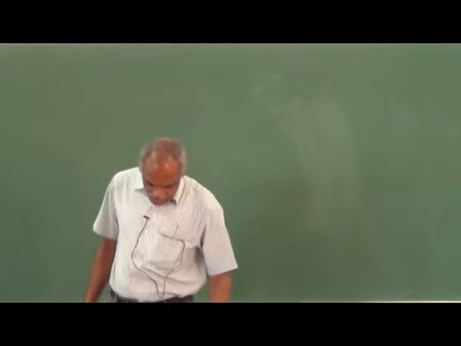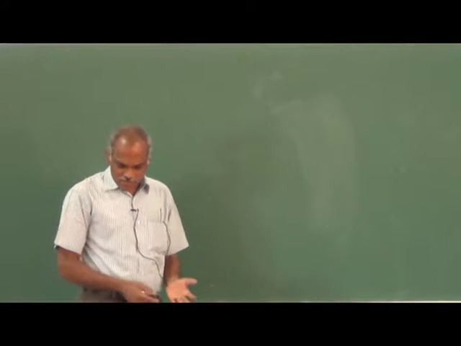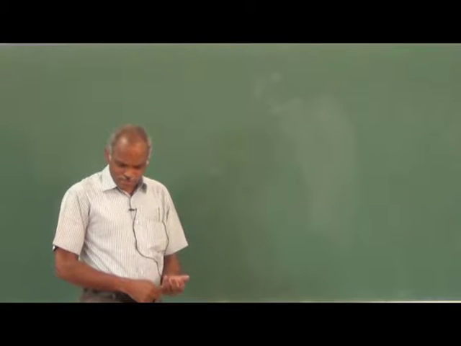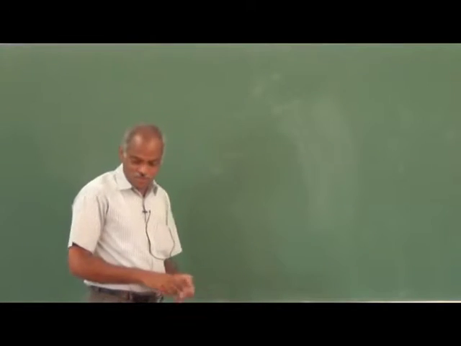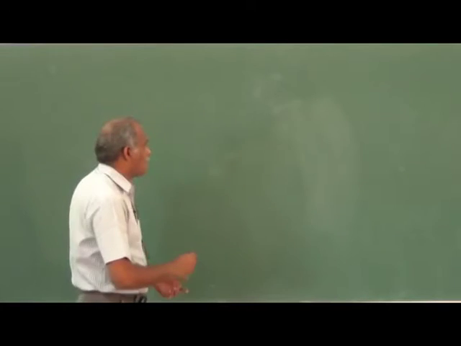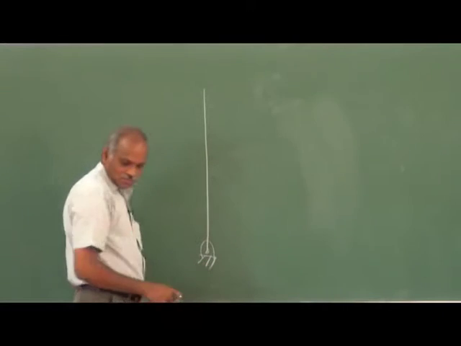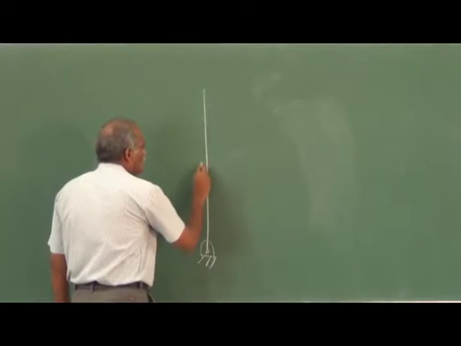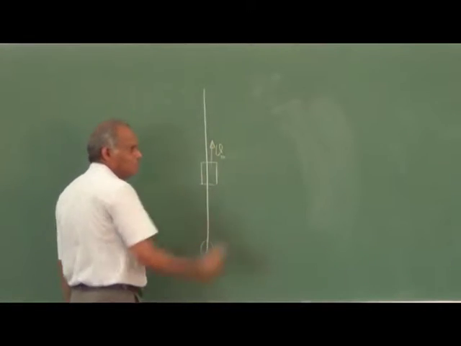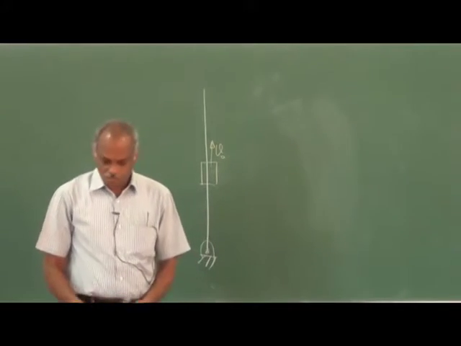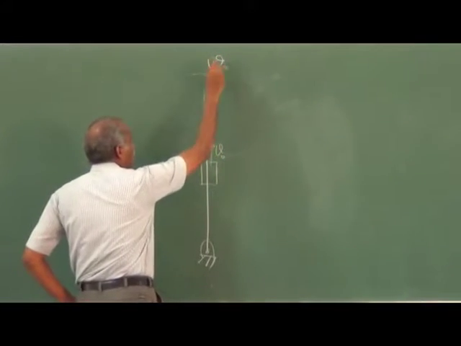Now in the Coriolis derivation, I will take what is given in the book by Martin. His approach is a little different. So with that I think we will finish the topic of Coriolis acceleration. There is a slider which is sliding in a link, and this slider is rotating with the angular velocity omega 0.